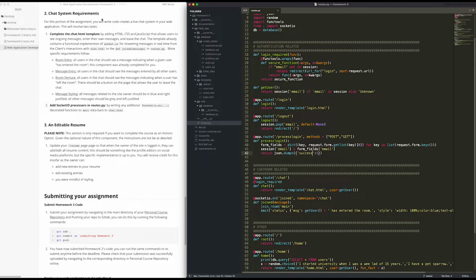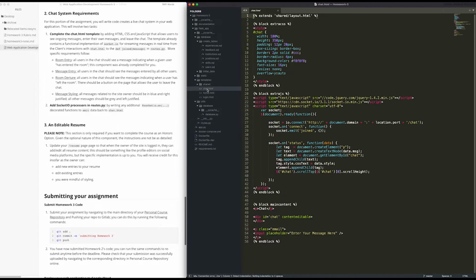Okay, chat room requirements. Let's just go through some of the items here. I did mention some of this earlier, so I think I'm going to just blaze through it. This chat route renders to chat.html. That's this one. Chat.html attaches a socket, which can communicate back to